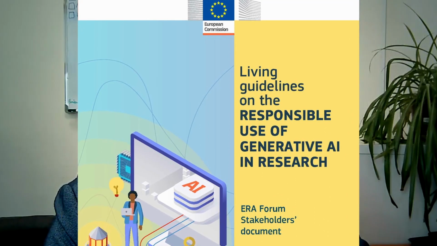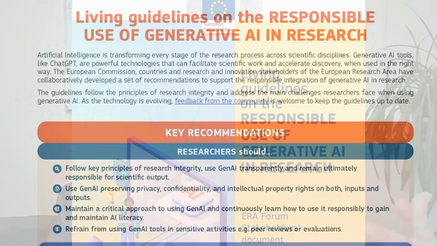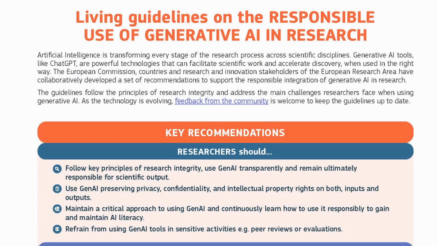The key things here are that for researchers, for, again, academia, there needs to be definitely a focus on research integrity, on using generative AI transparently, and always remembering that the people that conduct the research are the ones that are responsible, right? They're the ones that their names go on the actual research. So they're the ones that will be held accountable.